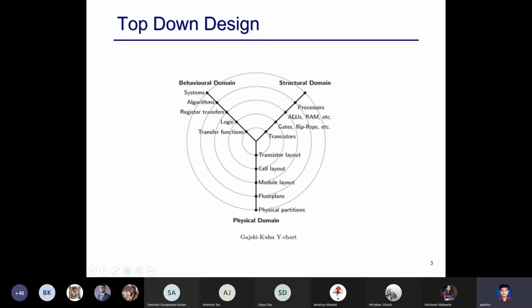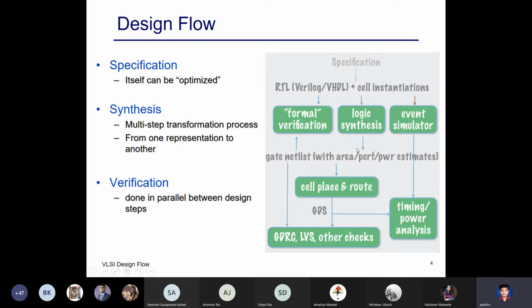Each of these EDA tools does its optimization, automated design and verification. Then finally you come out with a mask or a physical design, and that is given to, say, a chip fabricator.